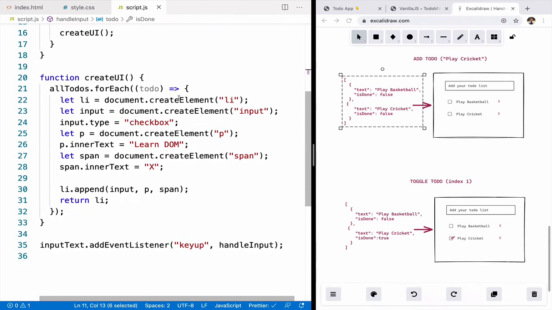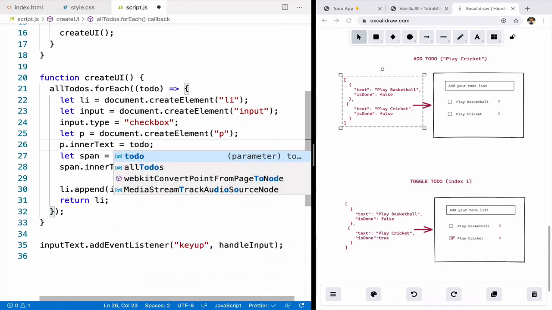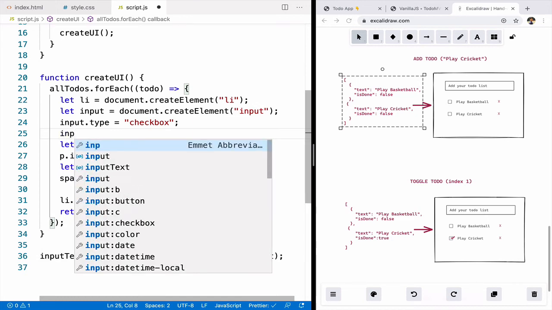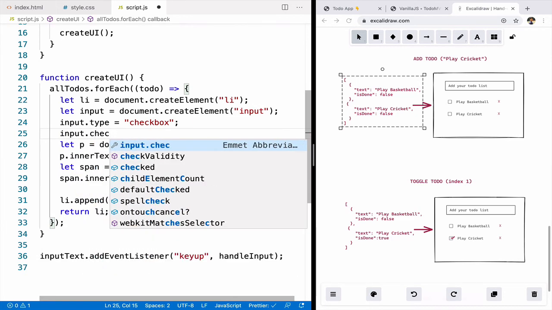So we'll use those properties, and here instead of just having learn DOM, let's make it dynamic by saying todo.name. Similarly, whether this checkbox will be selected or not, we can just say input.checked.